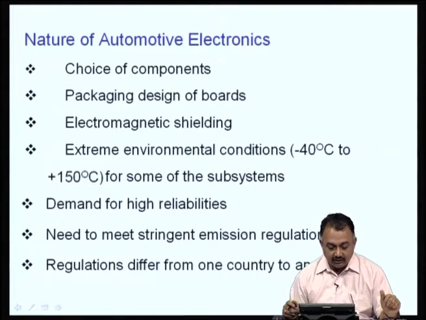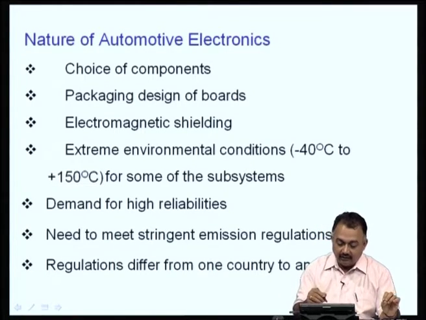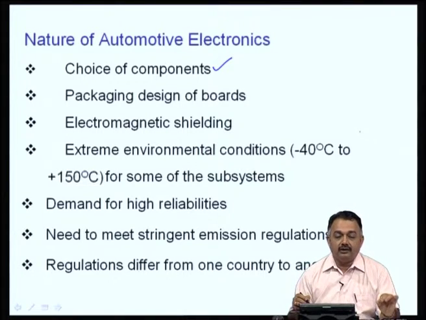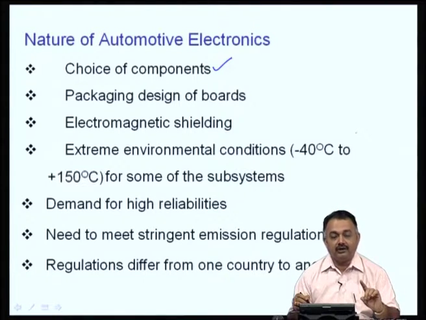Now, as a design engineer, please have a look at the choice of components. Be very careful in selecting what type of components you have to choose for this application. The choice of components for this application will be different to that for a mobile phone or a PC or any other handheld product, because the component has to work in a rugged condition, and therefore, you have to look at the packaging of such an active device or a passive device that you are going to use. So, you have to look at reliability of these components under these conditions.